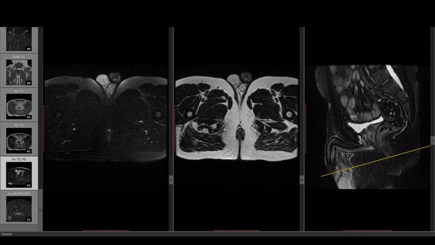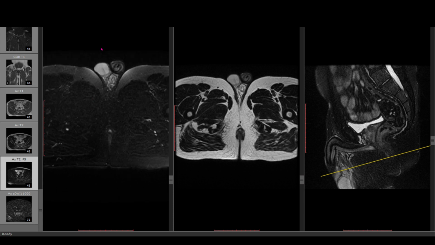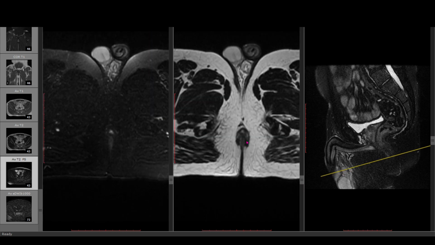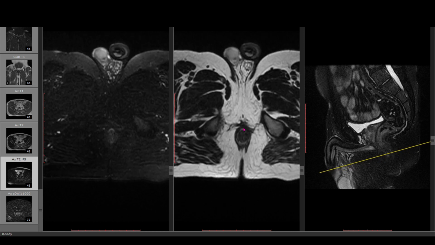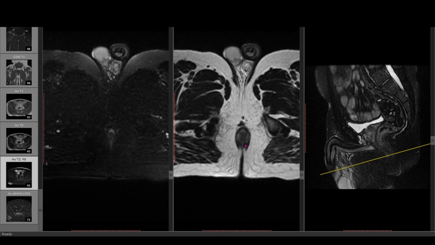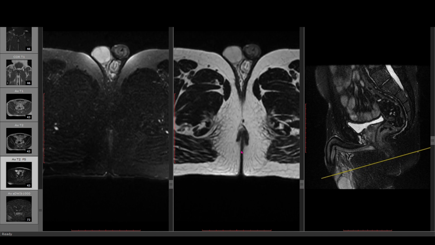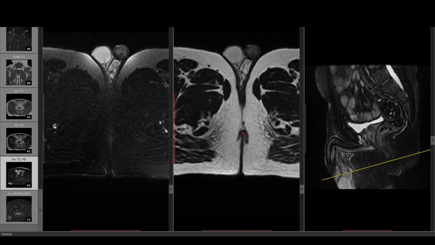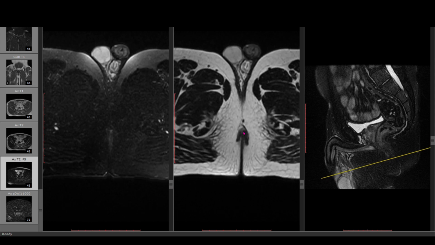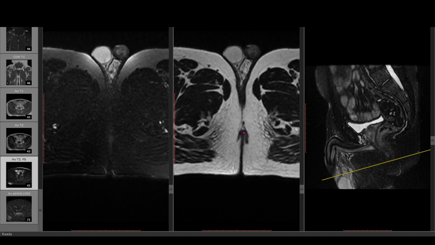I hope you can see the track very clearly now. In T2 weighted images, you can see a faint hyperintense area in the anterior half. When you report this, you should write that a track is seen, starting either from the external opening or from the internal opening. If I am reporting this case, I will mention that the external opening is seen in the midline, very close to the anal verge anteriorly. You should remember Goodsall's law now. Anterior opening tracts usually have anterior internal openings.